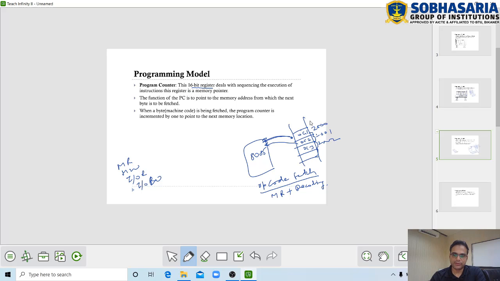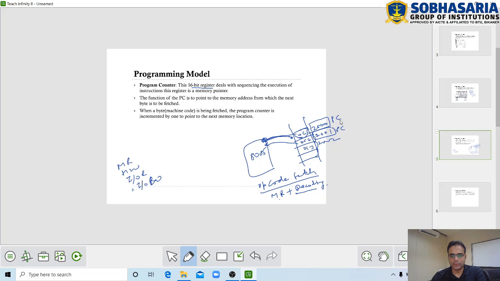When the microprocessor reads these opcodes, this address will be stored in the program counter. When this opcode is read by the microprocessor and decoded, memory read plus decoding, meanwhile the program counter updates to 2001.